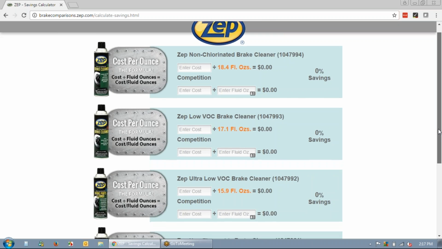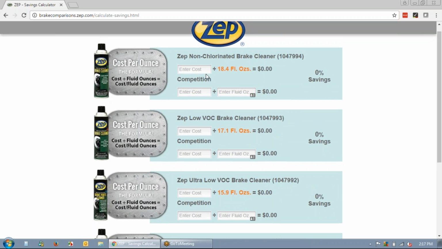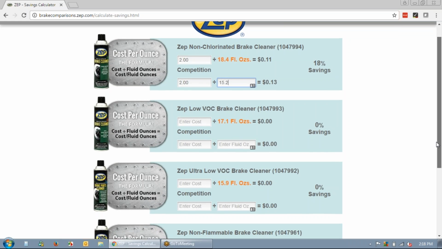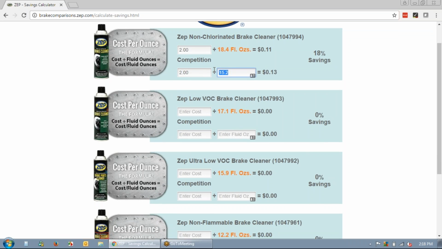This is just a group shot of pretty much the same thing, but we'll show it in a different format to show you percentage of savings. So one, how you win on the fluid ounces versus the net weight, and then how you win on the savings. So back to our example, $2 at 18.4 fluid ounces versus $2 at 15.2 fluid ounces. We'll calculate 18% savings. And you can plug and play those numbers with different pricing and depending on the actual fluid ounces of the competition that you're talking about,